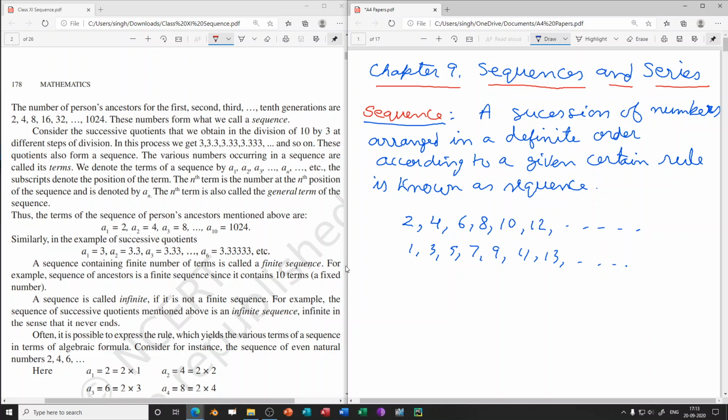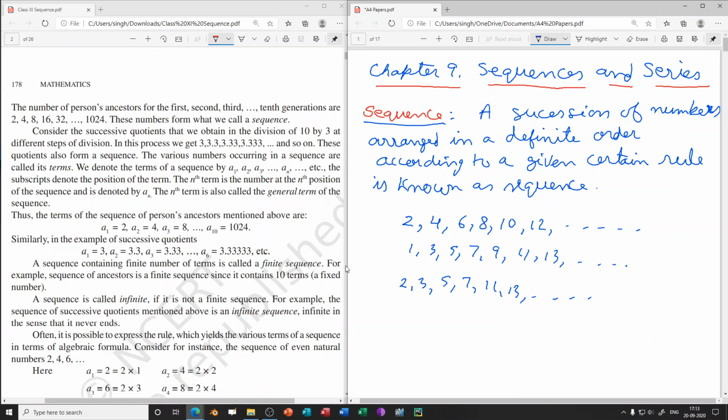Then let us take one more pattern of numbers which have a rule. So let us take from the set of natural numbers those numbers which are prime numbers. So what they are: 2, 3, then we have 5, 7, 11, 13 and so on. Now what is the rule here? You can see very clearly in this, before we describe the rule, we can see that the number which